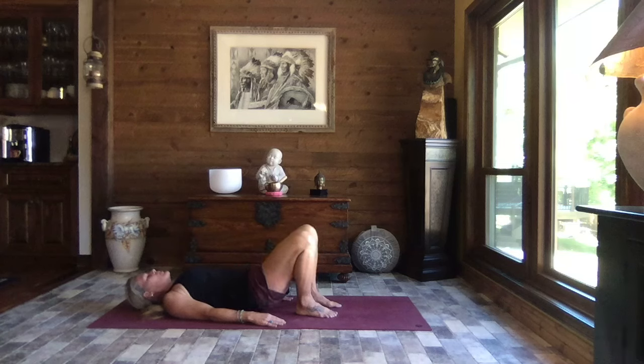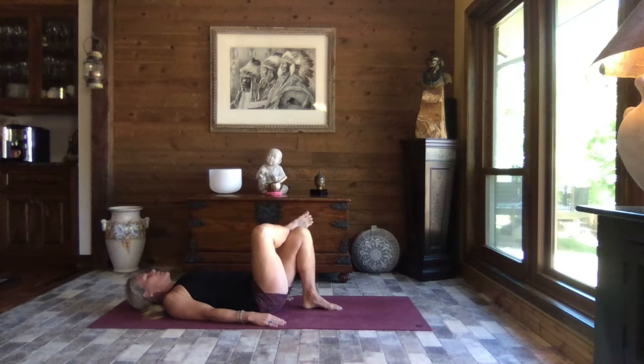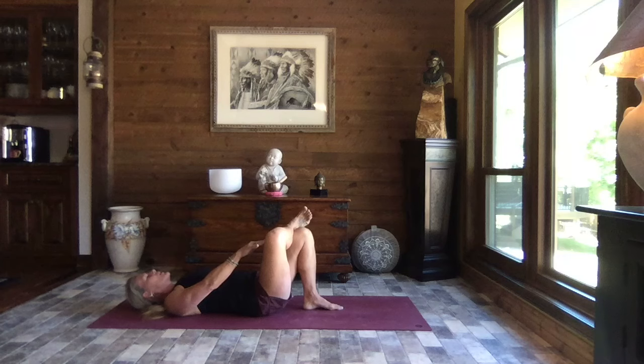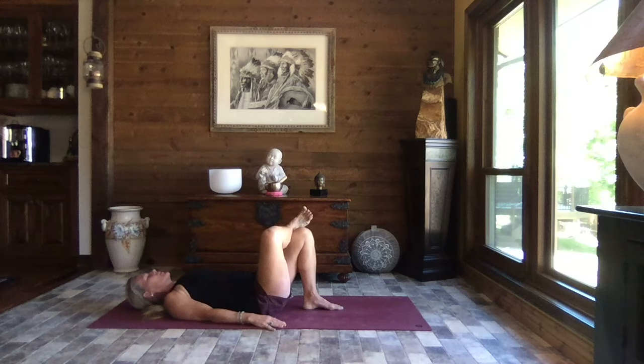This time go ahead and release through the pelvis, crossing that right ankle over the left knee, and just gently pull that right knee away from you. Add a flex of that right foot, getting into the hips a little bit. If you like, you can use assistance with that right hand and gently press. Releasing that intensity, flexing that right foot, keep your figure four, and slowly lower both knees to the left,